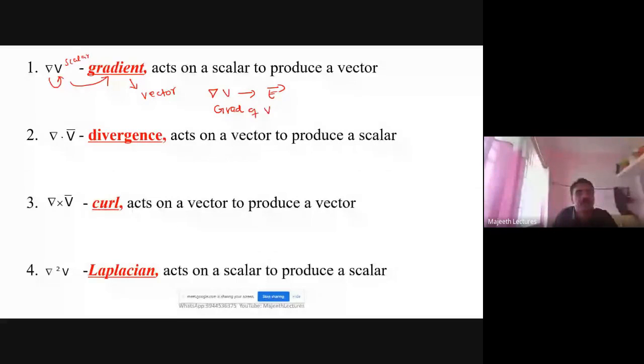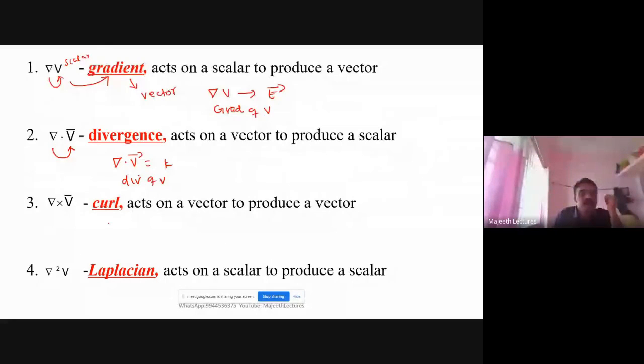Next, del acts on a vector. V is a vector. Del acts on the vector and it results in some scalar, like k. Then this is called divergence. Here you have to pronounce it as divergence of B. Don't say del dot B. If you say del dot B, we don't understand the concept. Hereafter, try to say divergence of V, then you will understand so many things. Like that, for del V, don't pronounce it so hereafter. Say gradient of V, like that you pronounce.